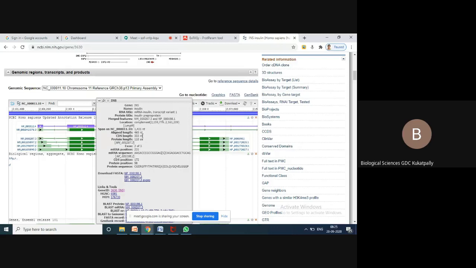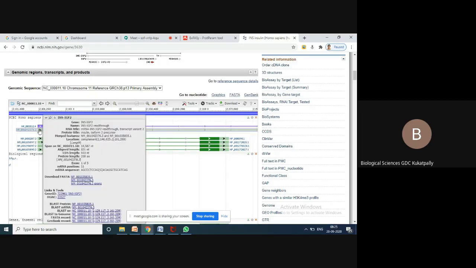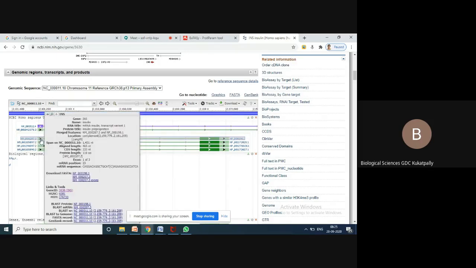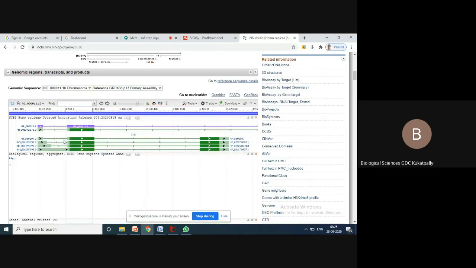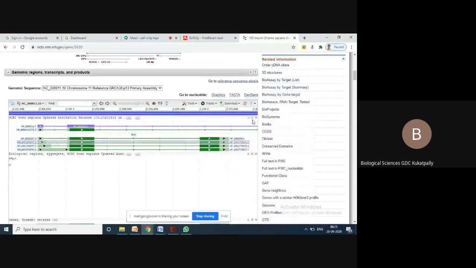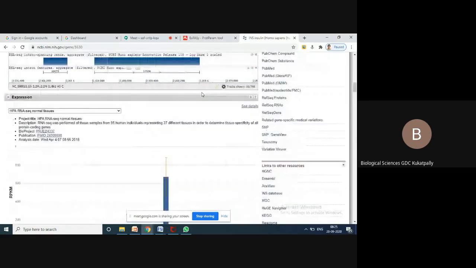Yeah, this is the second, 2 of 3 exons, and this is the first exon. No, just a second, this one. This is your 1 of 3 exons. So you have 3 exons. Always you should go for the first hit, mostly. Likewise, this is called the GenBank view, and you will be able to get all the information.